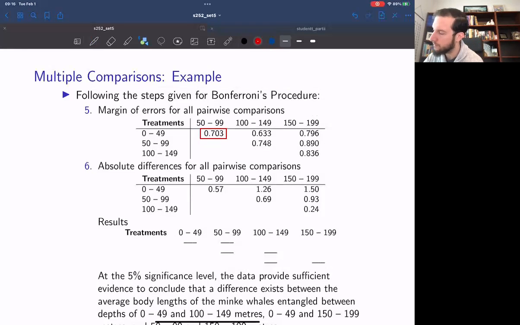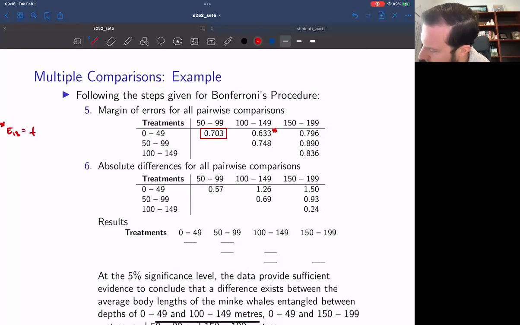So for example, let's just look at this illustration here. For 0.633, we would have E13, following from the previous illustration,